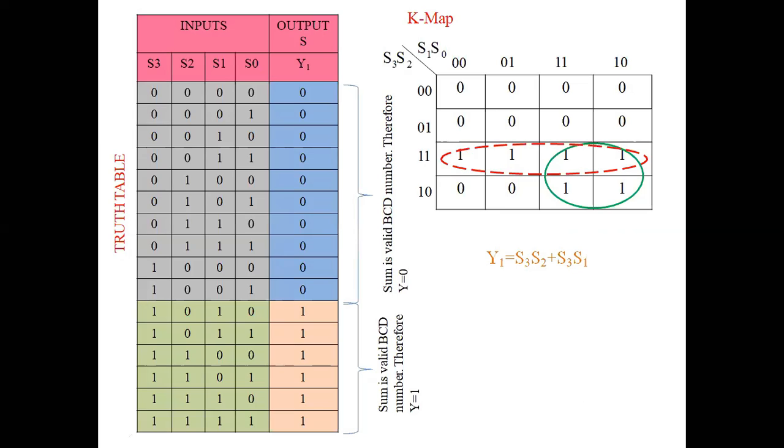Up to 9, the output value will be 0. Why? Because BCD means binary coded decimal. From 0 to 9 the output is 0, whereas for the values from 10 to 15 here we will treat them as ones. Why? Binary coded decimal means from 0 to 9 only. The remaining values are placed as ones. So draw the K-map for this.